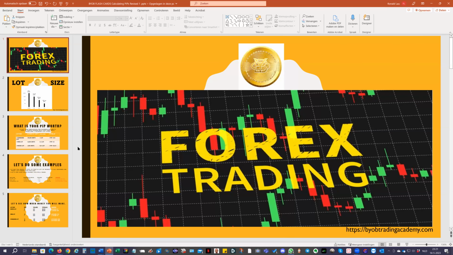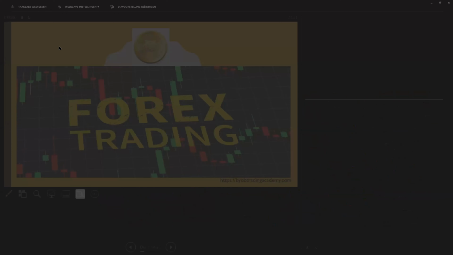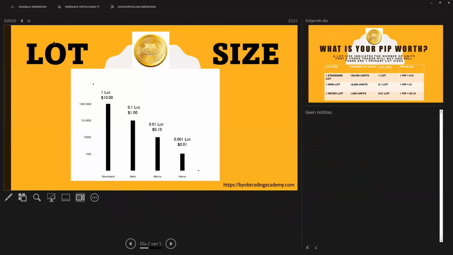Okay, so we are going to be looking at lot sizes today. In this market, we have our very own language, which we call our own trading language. Pretty much understanding what lot size means is just a different way of communicating when we're in the market